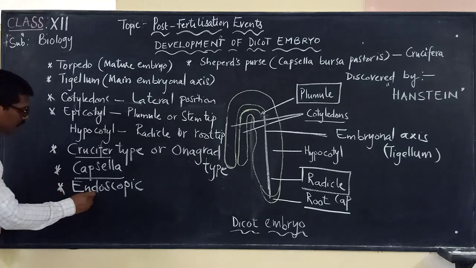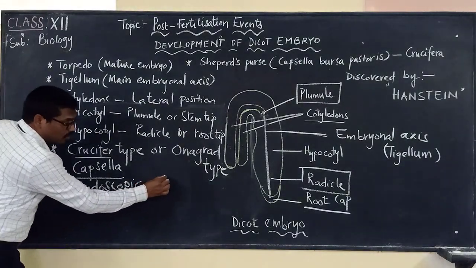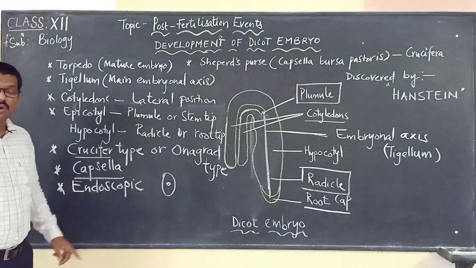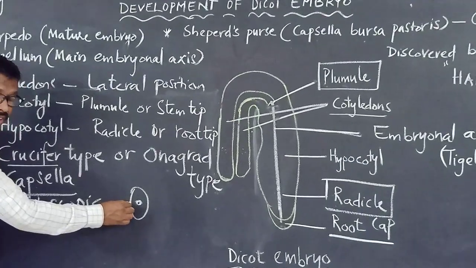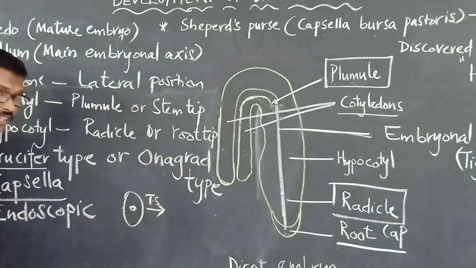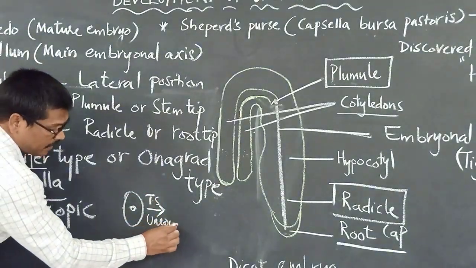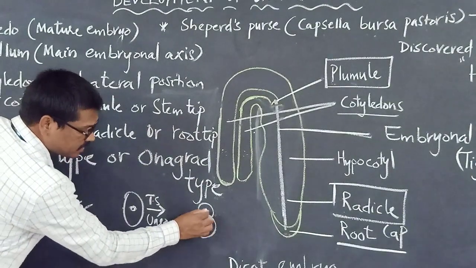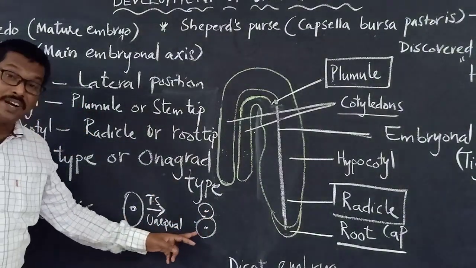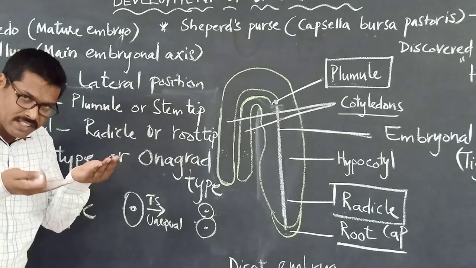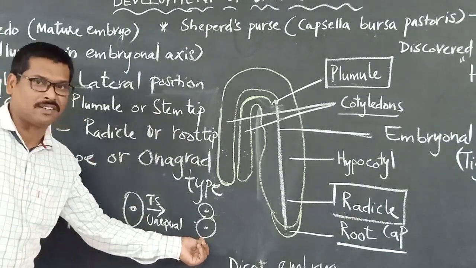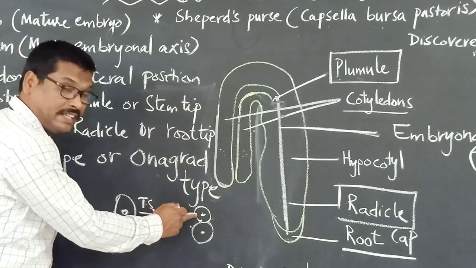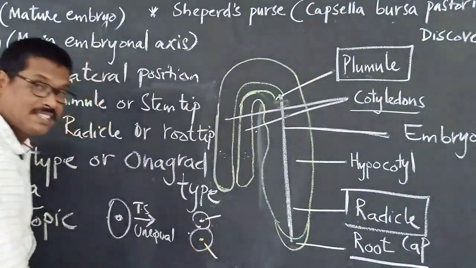But otherwise, very clearly you have to keep in mind, endospermic means, when we came across the fertilized zygote, the diploid cell present in the ovule, this zygote has undergone transverse division, which is an unequal division, and it has formed two cells, we said, one small and one large. The one towards the basal side, at the micropyle region, we call the suspensor, and the one towards the terminal, which is inside, we call the terminal cell.